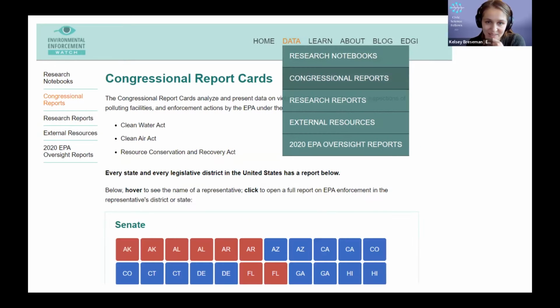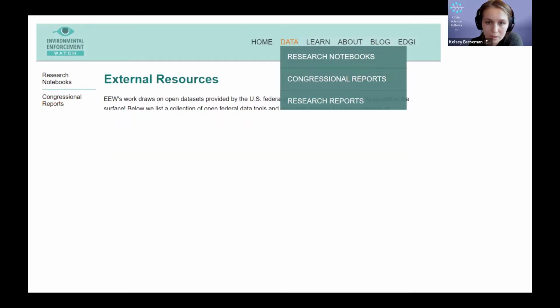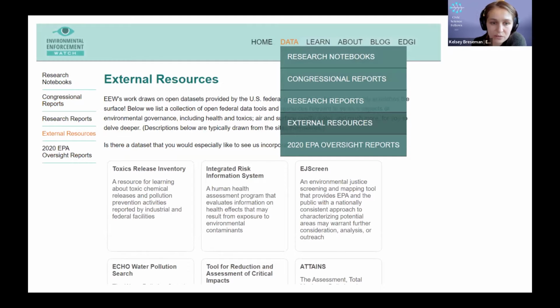In addition to that, we have congressional reports. We originally had them for a couple of committees. Now we have them for every state and every congressional district, and they auto update. And then we have this set of external resources, which is another thing we'll talk about in the second breakout. I categorized more than 40 different data sets from the federal government, data sets and data tools that are open to the public, to try to engage with some of these questions. You'll see that it's really cool what's there, but also how hard it is to use them and to cross-connect them.